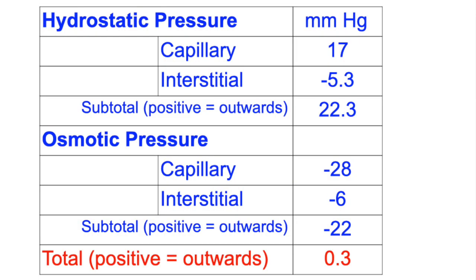The bottom line is, when you add it all up, there is a net outward pressure of 0.3 millimeters of mercury, which doesn't seem like much, right? Seems pretty close to zero, but that is enough to produce this 2 milliliters per minute of net outflow in our tissues, and ultimately contributes to that, again, roughly 3 liters of urine that we produce per day. So that's the water balance that plays out inside our bodies at the capillaries. It's a big part of the delivery system. This is how water gets delivered, if you will, from the capillaries to the interstitial spaces